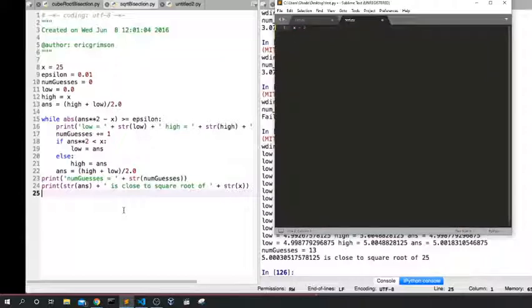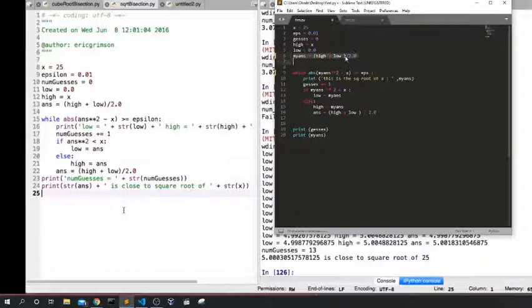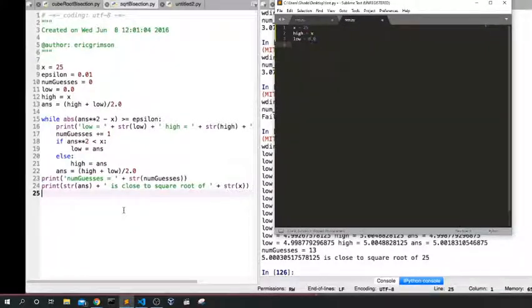Actually let's do this, 25. High is equal to x, low equals 0.0, and let's do the same here, and my answer is... let's say print string my answer.